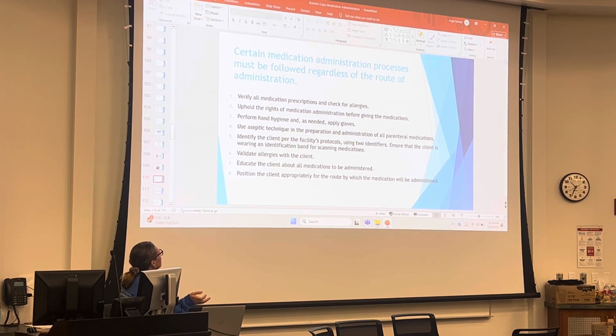Okay, so first we need to verify all medication prescriptions and check for allergies. So as you log on and look at your patient's chart, running along the side is always gonna be their allergies. Before the system will let you administer medications, it makes you verify their allergies. So like something will pop up and prompt you, it'll say you haven't verified the patient's allergies, do you wanna